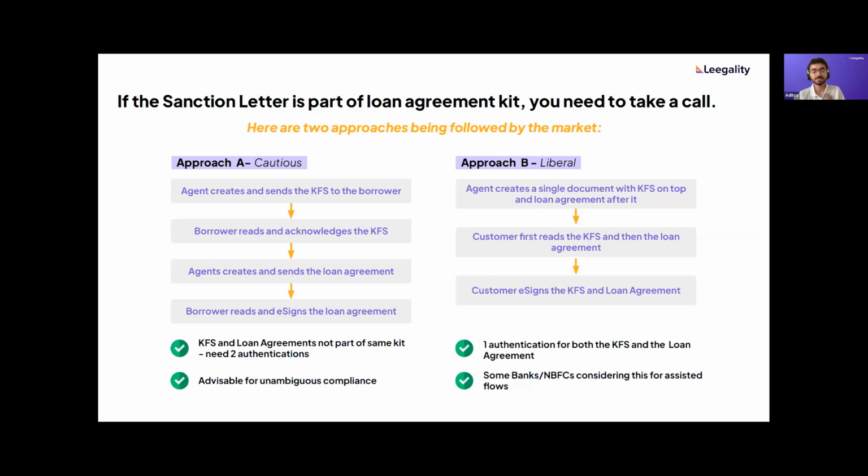Here the customer ultimately just e-signs the whole docket just once. So there was a lot of confusion around this last year. Some people said we'll go for approach B. Many said compliance is our number one thing we're optimizing for, so we'll go for approach A. So this is a call you need to take. Obviously, we would recommend the more cautious approach, but ultimately it's a call that your compliance team would have to